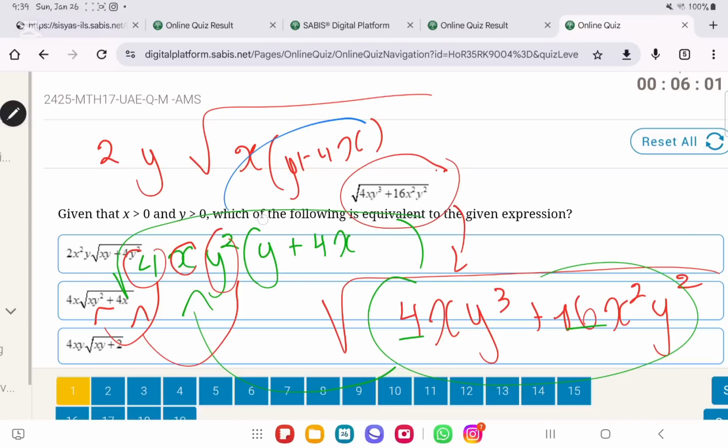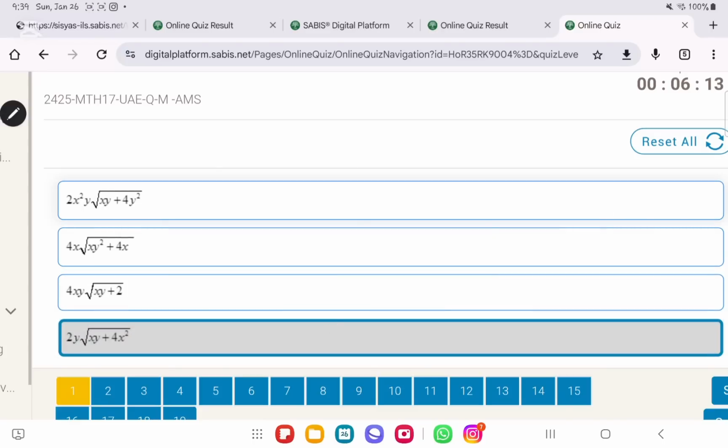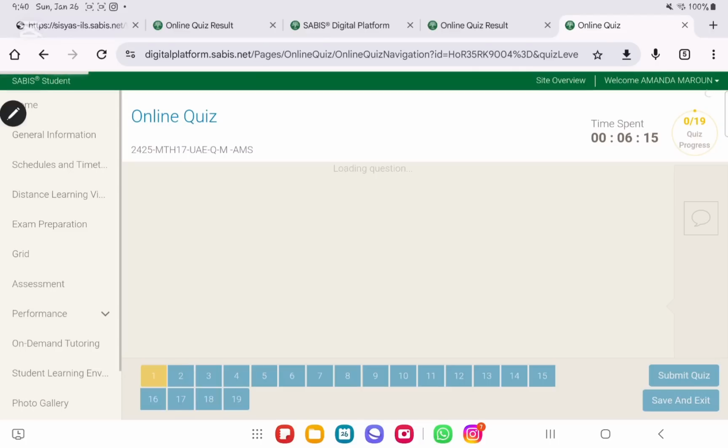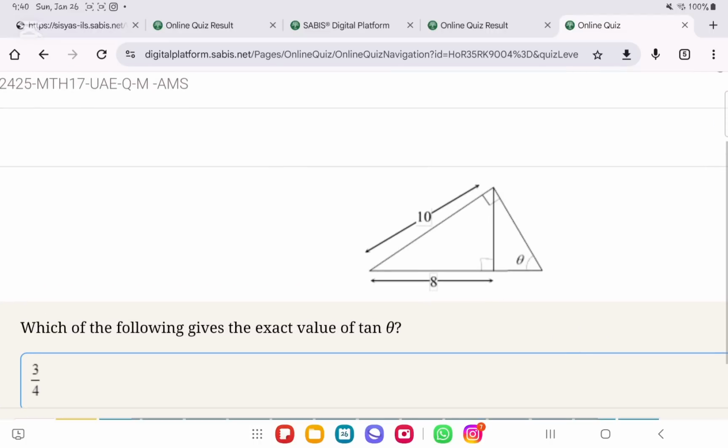Now, usually they would like us to expand this, so it's gonna become 2y radical xy plus 4x squared. So if you go down, you are gonna find it over here, and this is gonna be our answer. Moving on to question number 2, they said, which of the following gives the exact value of tangent